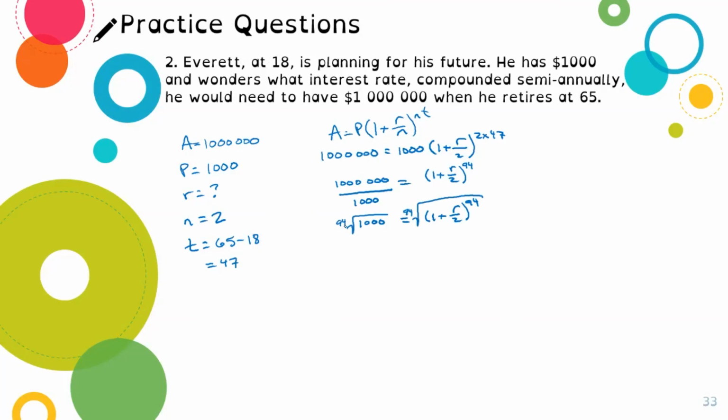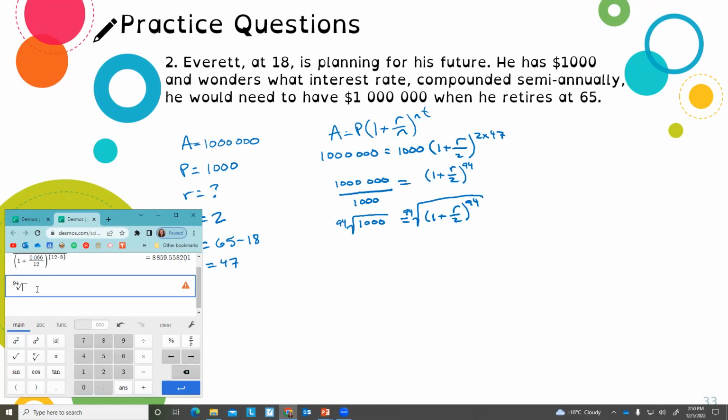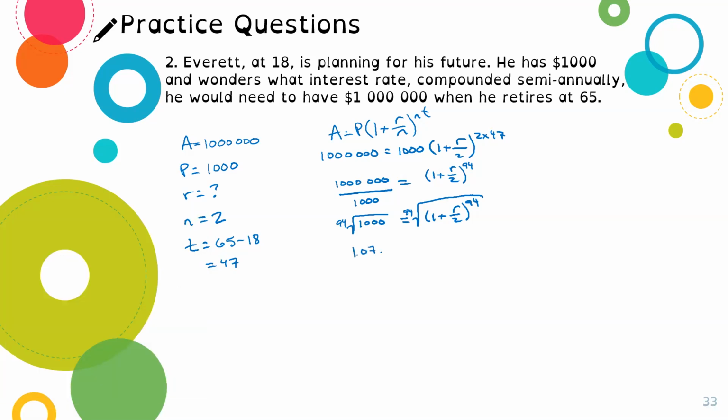So now I have to use my calculator because I don't know the 94th root on my own. And now I'm going to end up having a decimal because it's not going to be a happy number. So 1.07625 is equal to 1 plus R divided by 2. So now if I subtract 1 from both sides to continue to isolate for R,